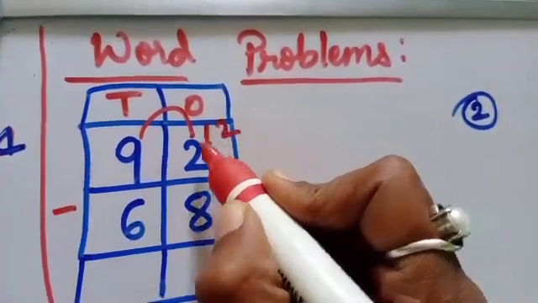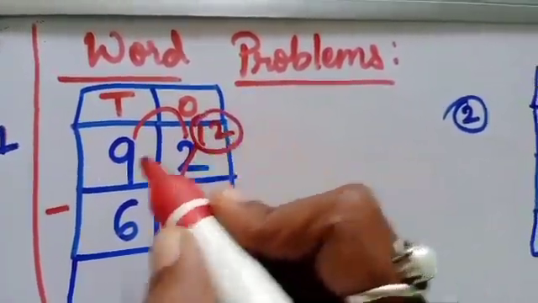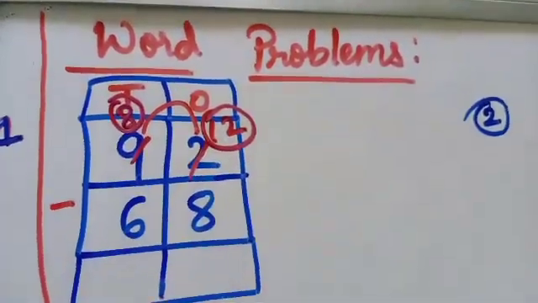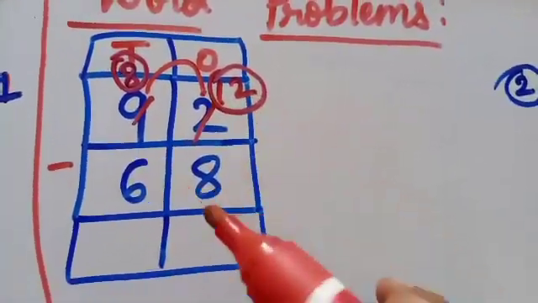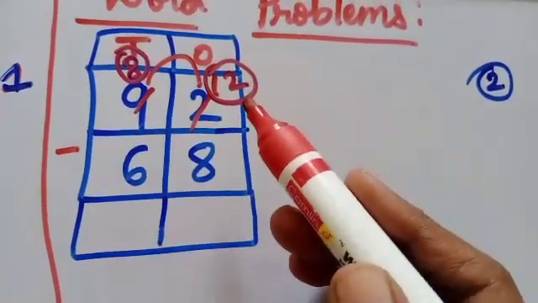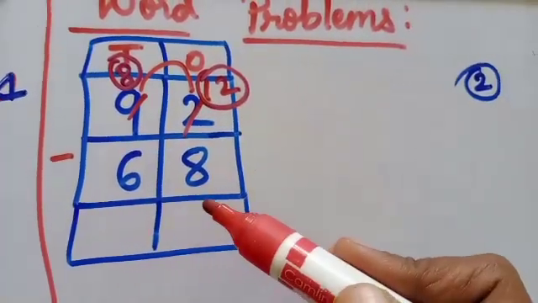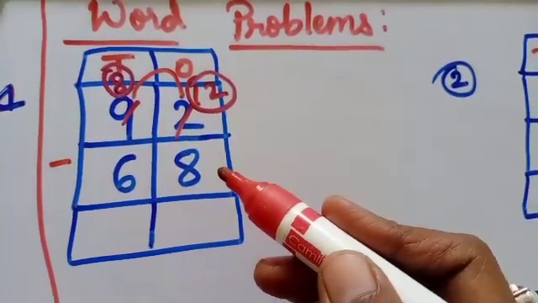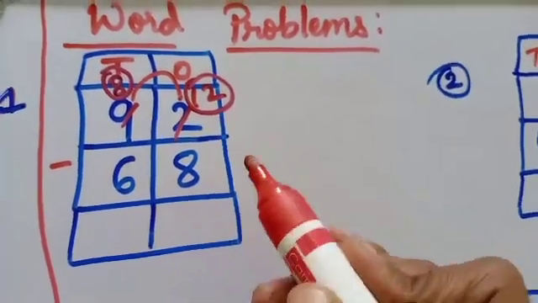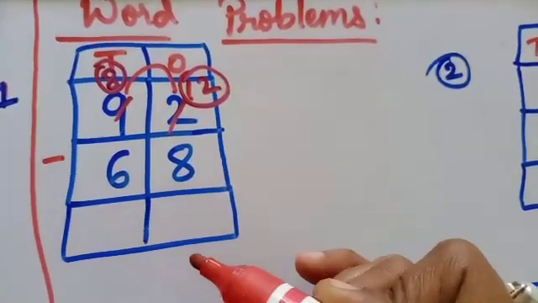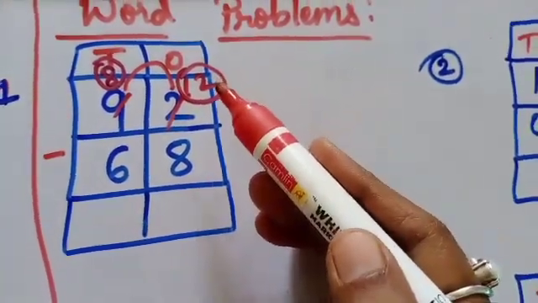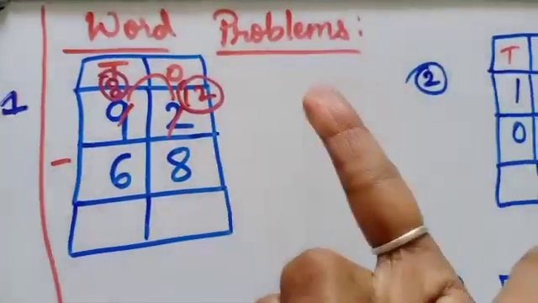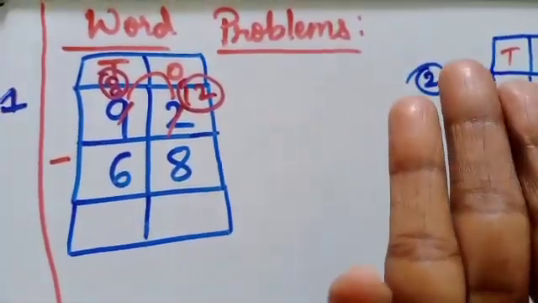So how much will it become now? 12. So here 9 minus 1 is 8. Now 12 minus 8. From the 12 we can subtract 8 easily. Now start to subtract. How to do it? From 8 we have to count the numbers till 12 comes. So 8 after: 9, 10, 11, 12.